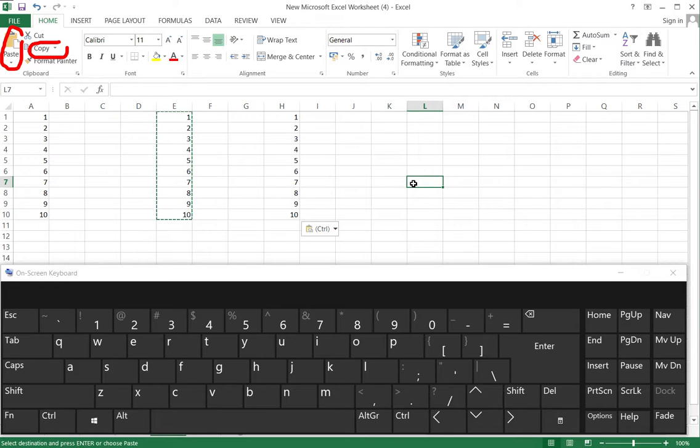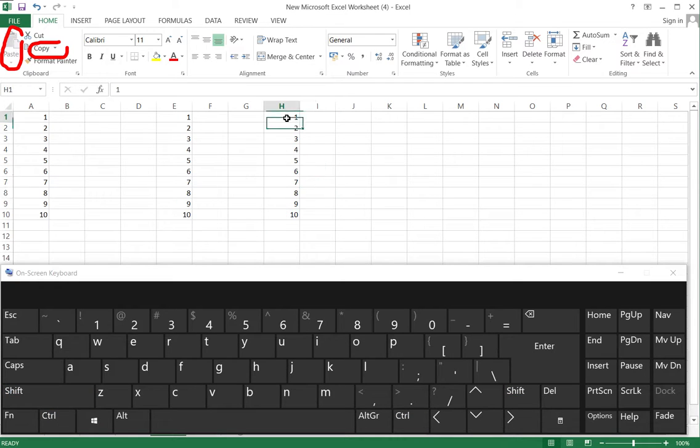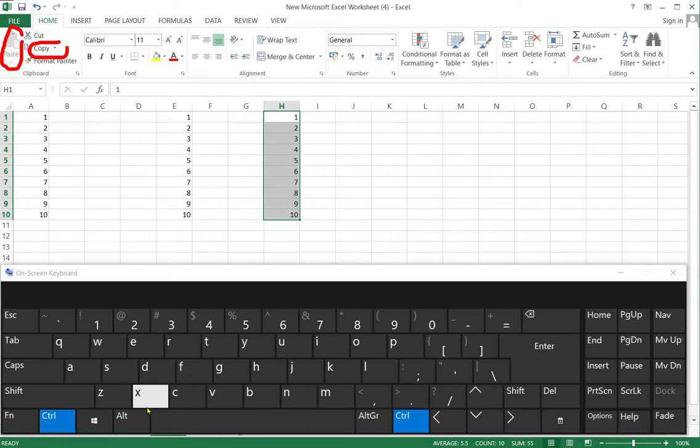Next is cut. How can you move the data? To move the data, first you have to select the data, and just press Ctrl plus X to cut the data.